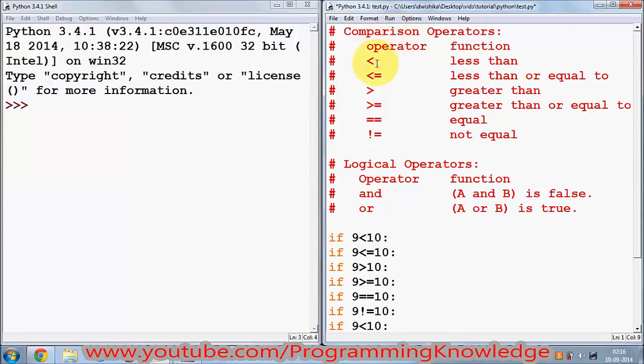Now there are these comparison operators which are available in Python, which are less than, indicated by this symbol. Second is less than or equal to, which is indicated by the less than sign and equal to. Then greater than, greater than or equal to, double equal to, which indicates that you want to check the equality, and this exclamation mark equal to means that you want to check the non-equality. Okay,